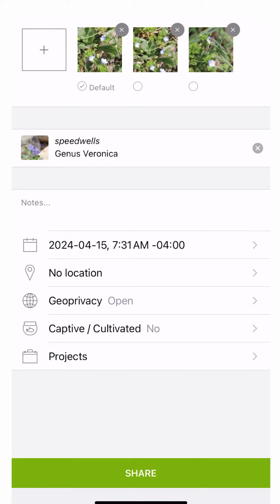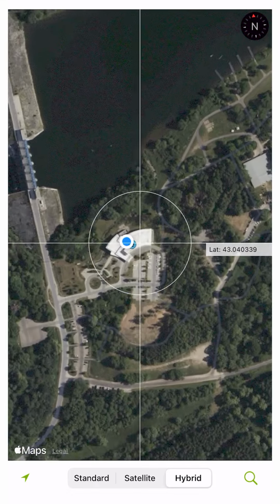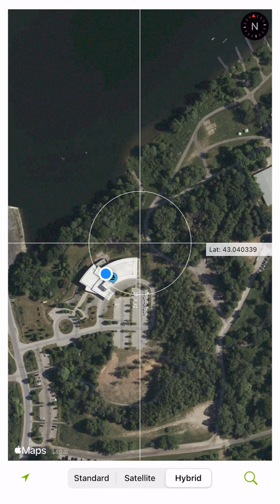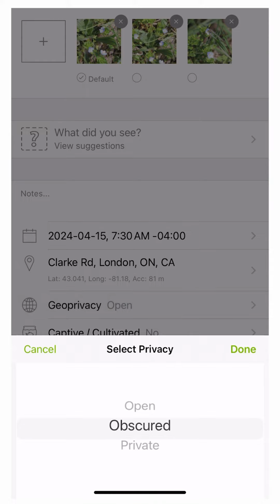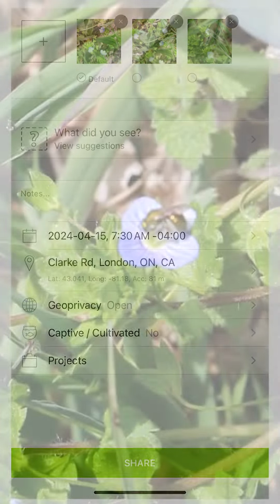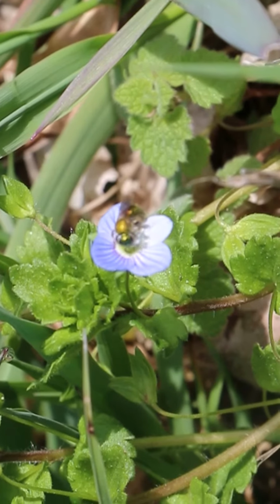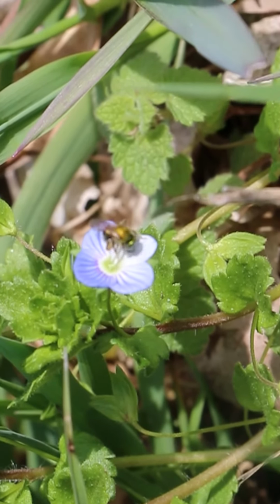Once you've selected the species, you can make sure the date and time are set and the location is set where you're taking the photo. There's also the option to obscure your location so that it won't show exactly where you are, but a general area. Also on the iNaturalist app, you can choose whether or not the species you found is cultivated or uncultivated. So once you have selected all those parameters, you can upload your observation to iNaturalist, allowing other community scientists to